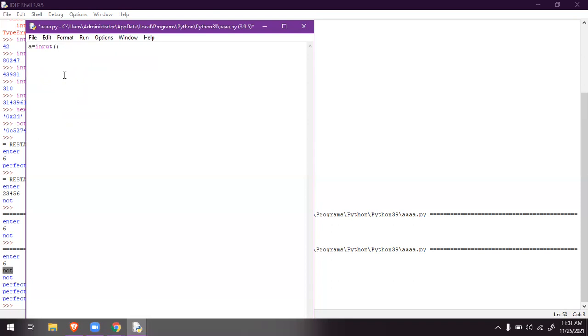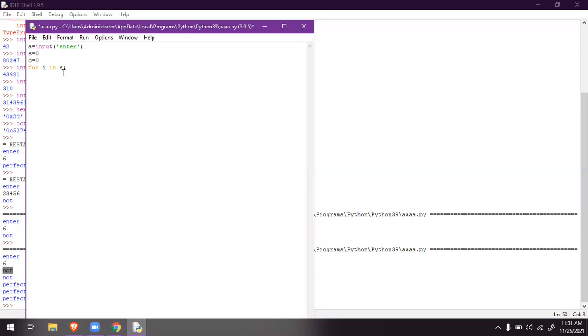Input, enter. So I'm taking small as 0 and capital as 0 initially. For i in s. Here we're not taking the range.